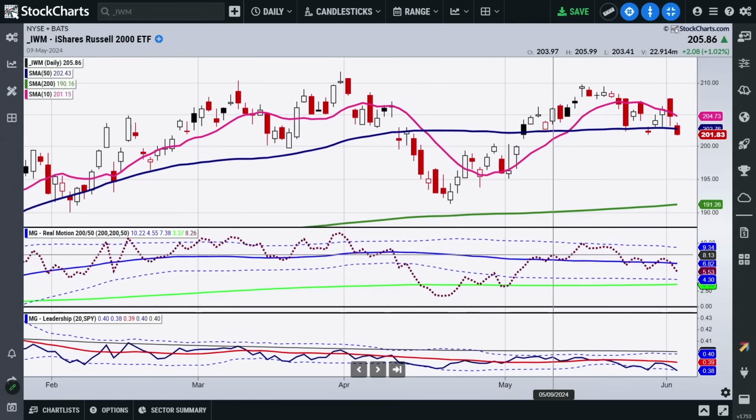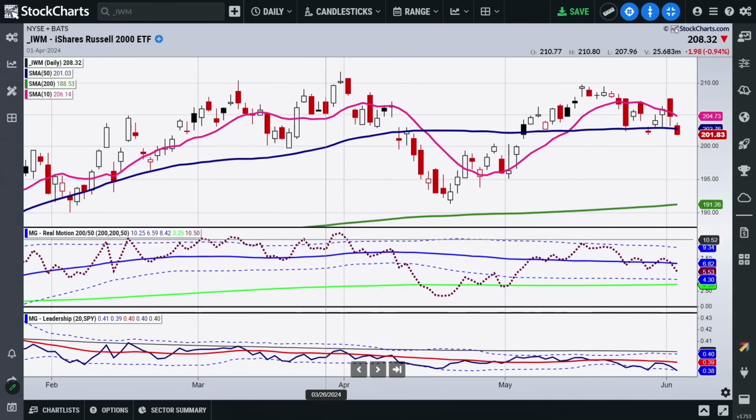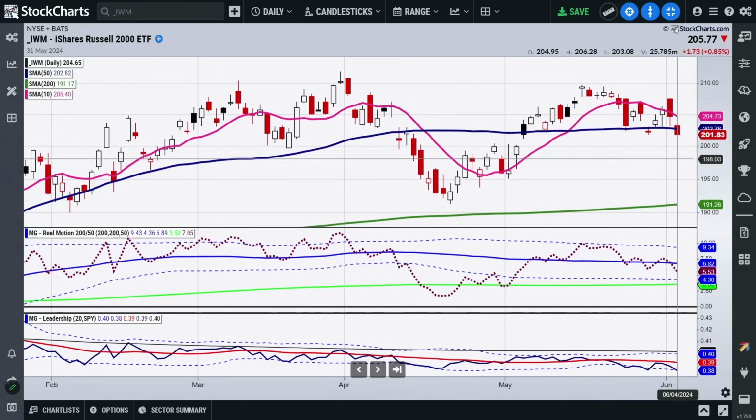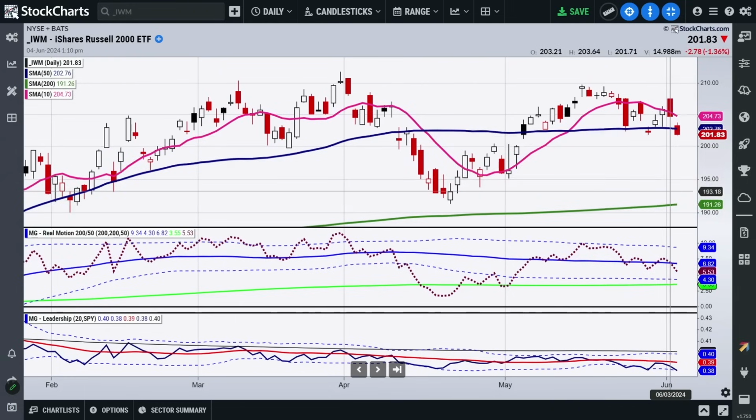We're looking now at our Real Motion ACP plugin. And as it was rallying, notice how the momentum never cleared the Bollinger Band while we did so in times past back here. So that kind of gave us a clue that while the SPY and the Nasdaq were making new all-time highs, the Russells were telling us a completely different story. And now look at how the momentum here has really broken down and now is not necessarily in divergence as we're taking out the 50-day moving average, but actually we are seeing momentum a bit worse than the price.